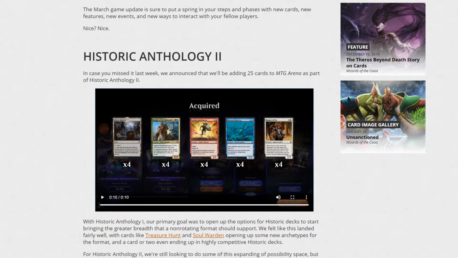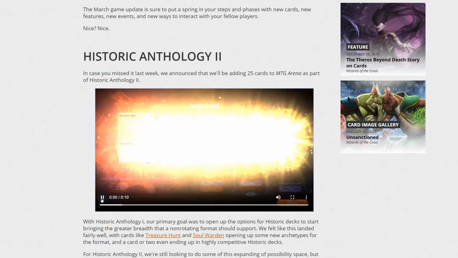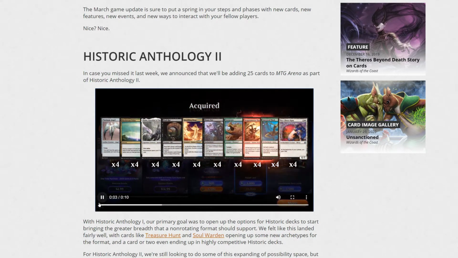They're kind of showing you what the whole animation is going to look like. So you'll notice here, it's going to look like this. You're going to get 4 of every card. And in case you missed it, you are now going to be able to buy this with coins. So this will be 30,000 coins or 4,000 gems. And the original Historic Anthology will still be on sale, and that'll be 30,000 coins or 3,400 gems, which is